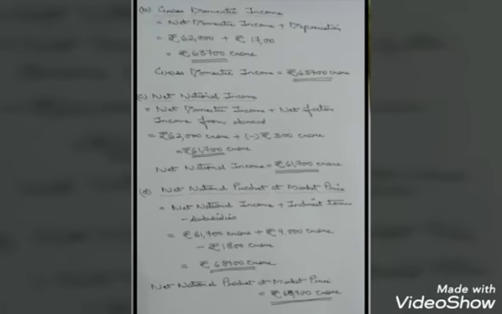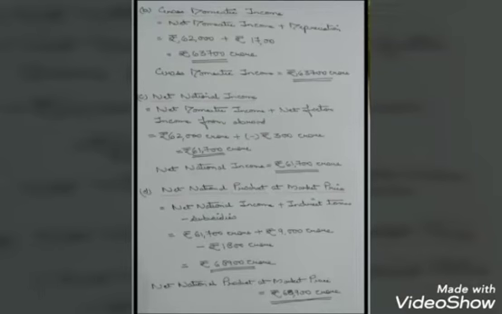So plus minus will be minus. So 62,000 crore minus 300 crore, you get your value to be 61,700 crore, which is your net national income. See how easy it is to calculate. The only thing is that you need to keep in mind what items are to be included and where. Then the next thing is net national product at market price.